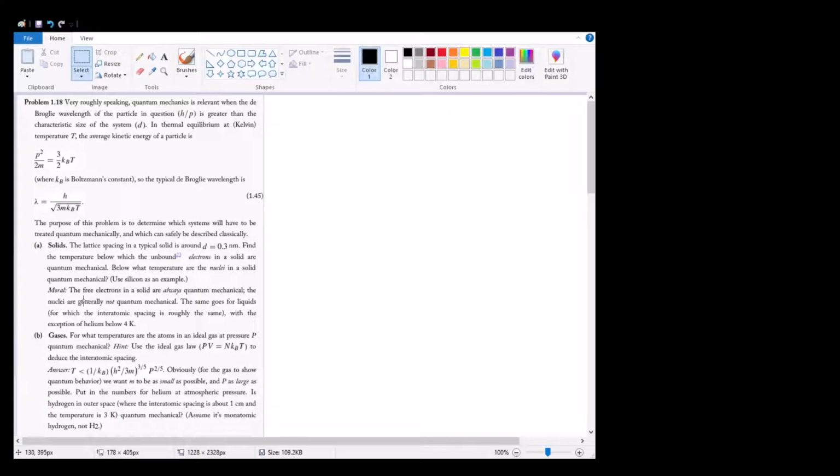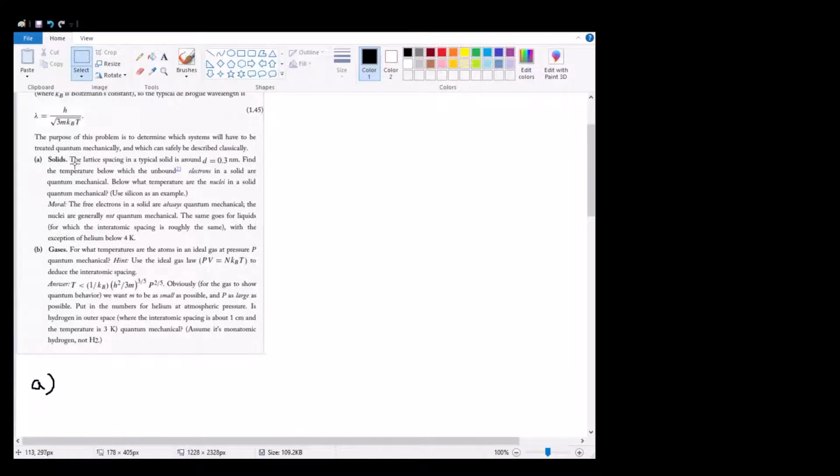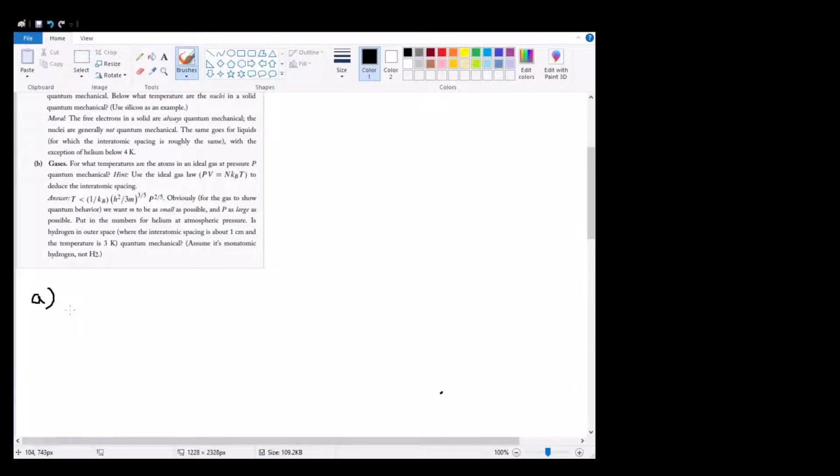Let's start right away with part A. Solids. Solids are made of many atoms locked together into some sort of lattice, and we're told that the lattice spacing in a typical solid is roughly d equals 0.3 nanometers. So let's write that down right away. d is going to be equal to